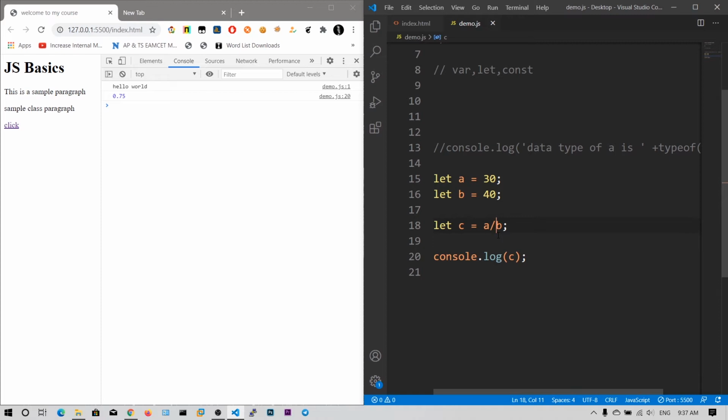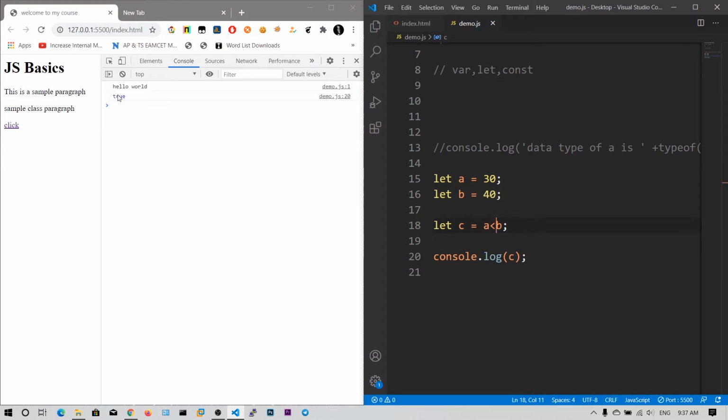So there are other relational operators like greater than, less than, greater than or equal to, less than or equal to, and equal to, I mean double equal to and triple equal to. So we will look at this. a is 30 and b is 40. Since a is less than b, let's check that a less than b.